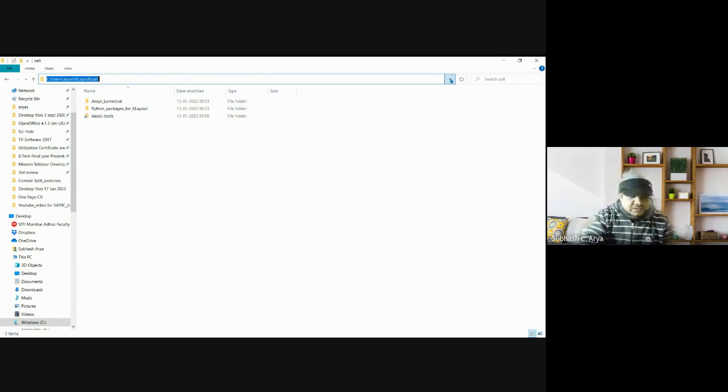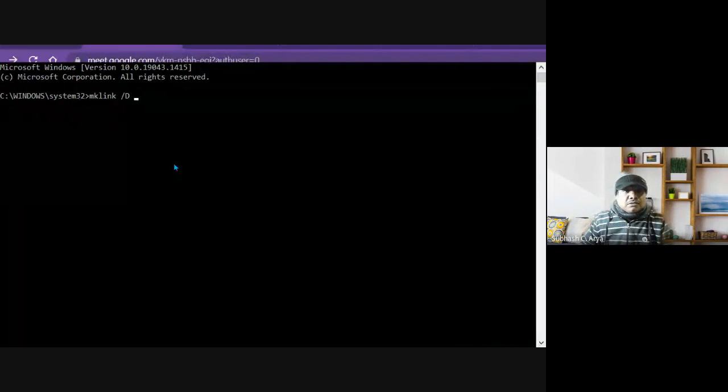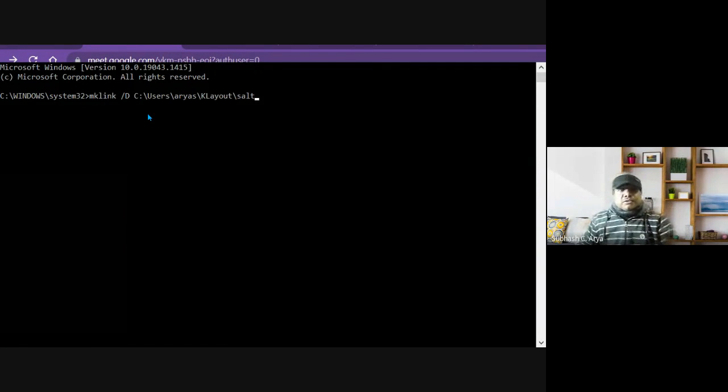Now I will use Control C to copy this link, and after that I will paste it in the command prompt. Going to this, here Control V. So you can see the path is available here.